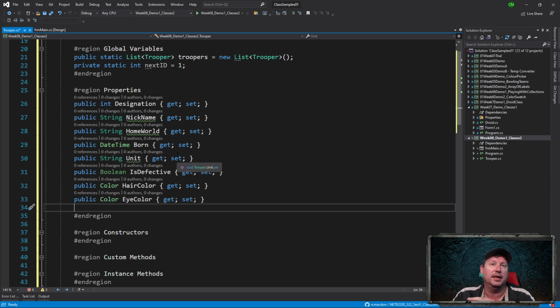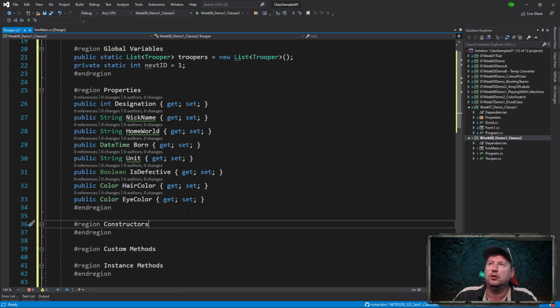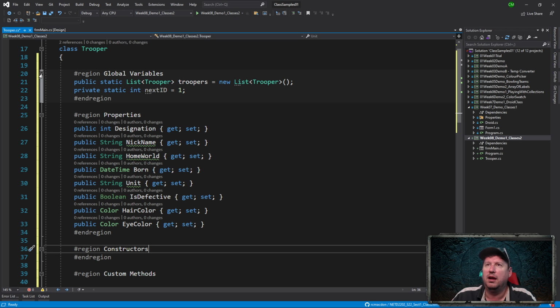So in this particular case, we're gonna have 8 properties, so a little bit more than we had last time, and a good variety. So we have dates and booleans and integers and abnormal types like colors. Okay, so we're gonna use those as our properties. Now, when we go to the constructors, let's go ahead and